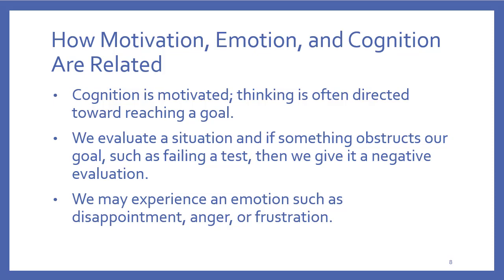Sometimes we're motivated to not feel an emotion, which is kind of an extreme that you might think of. Like somebody doesn't want to feel sad so much that they will avoid getting into relationships because sometimes they don't work out, and it'll make you sad if it doesn't work out. Some people avoid fear, like if you're afraid of heights, you will avoid something. Let's say you have to go on vacation, you don't want to fly, so you have to figure out a way to drive there. So you're motivated to drive and to find a straight, fast path because you don't want to fly. So we recognize that emotion does impact motivation and our thought processes along the way.